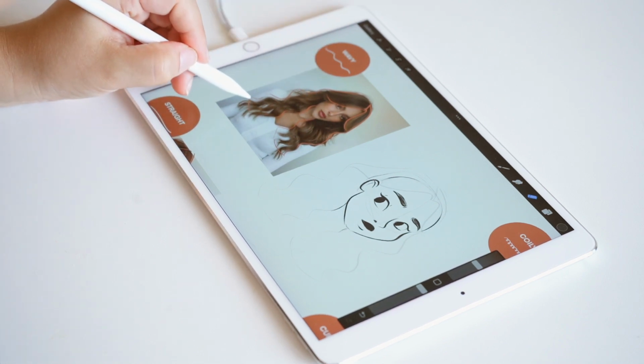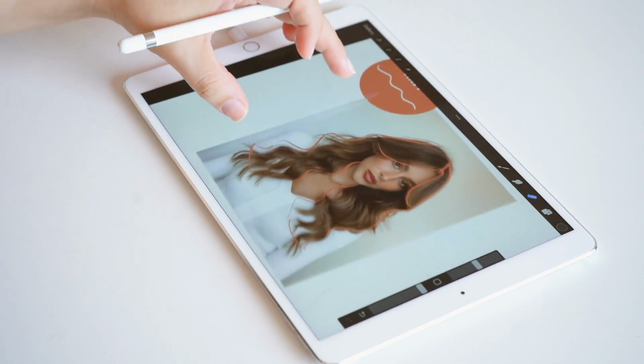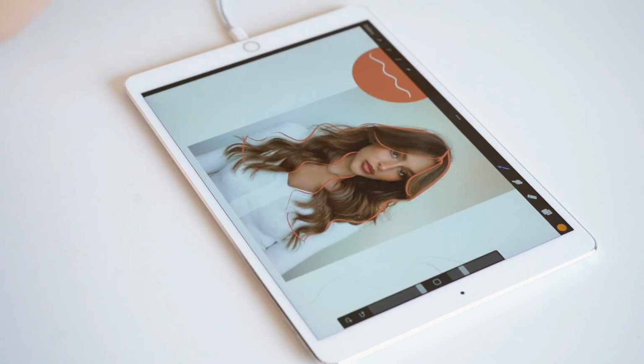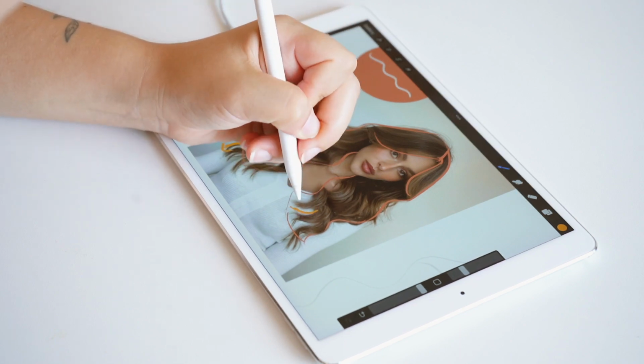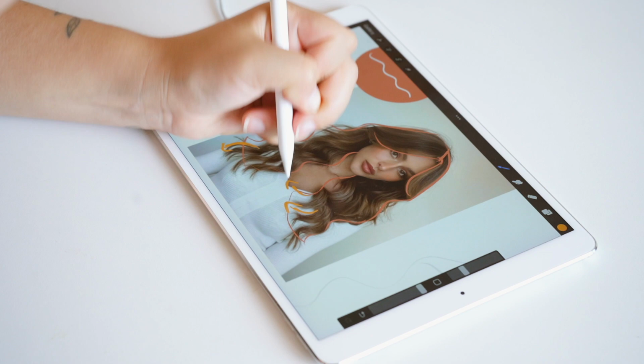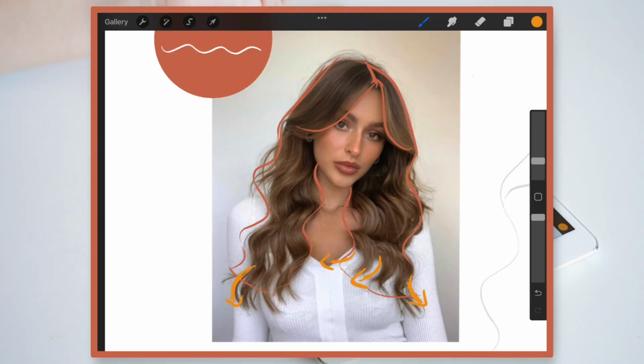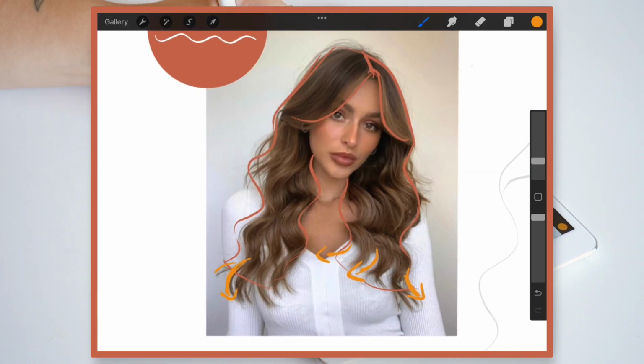Also, you can see how the end of the hair has some different directions. So have this in mind. You can draw some arrows so it can be helpful for you to understand where the direction of the hair is going. Another thing you need to pay attention in order to start with the details now are the layers,